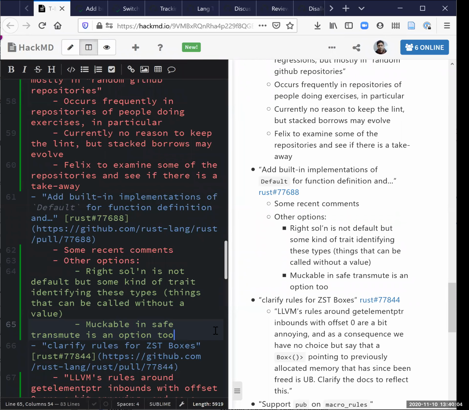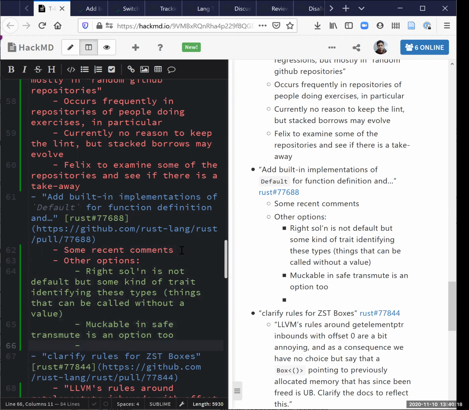Even then, it's very confusing. I also think it's confusing, but I would rather implement Default than introduce a new trait that users have to learn in order to access the behavior. If we're going to have the behavior, I think we should just have it in every way that we can have it. And we should not make users jump through a hoop to get access to it because it's a weird thing to do.